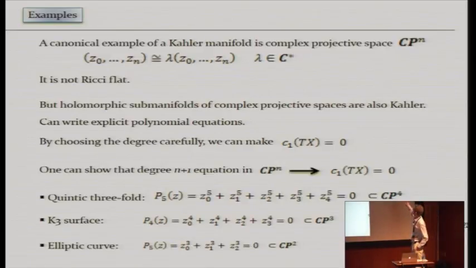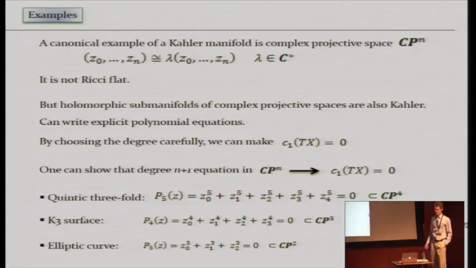In fact, it's a compact space, and this is n-dimensional. It's a complex projective space. It's not Ricci-flat. In fact, the first example would just be CP1. That's a two-sphere, and a Ricci-flat metric on a two-sphere would just be a flat metric on a two-sphere. Of course, you can't put a flat metric on a two-sphere. Okay? So CP1 is certainly not Ricci-flat, and the same is true for the other CPNs.